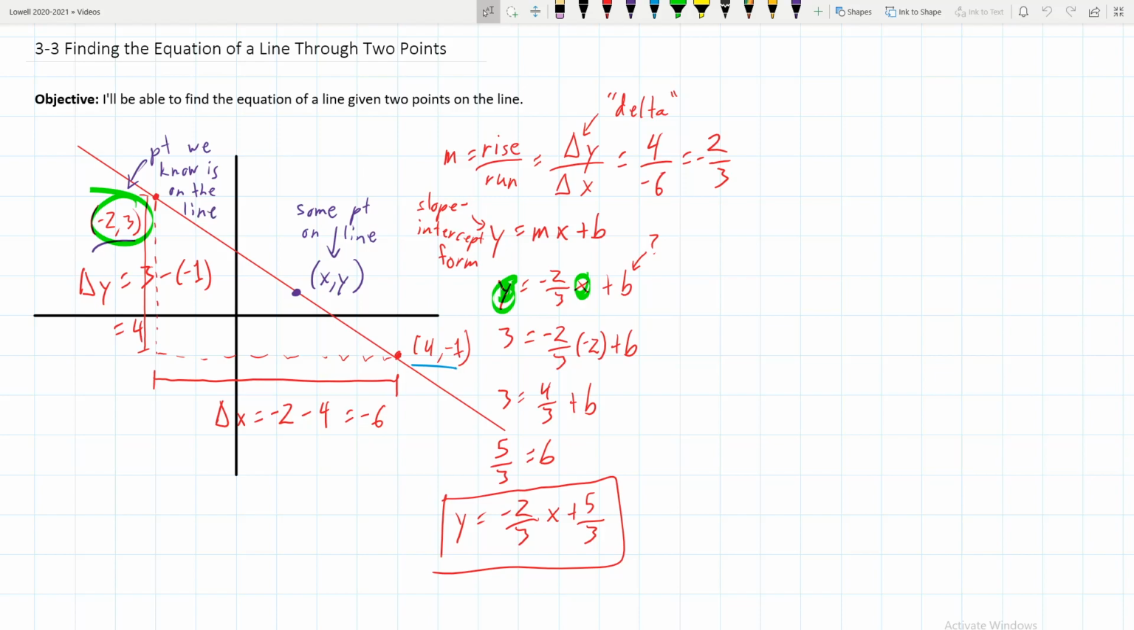Okay, and let's suppose I didn't know where x, y was. But let's pretend that we know the slope, because it's the same line. So as long as it's the same line, the slope between negative 2, 3 and 4, negative 1 should be the same slope as from negative 2, 3 to this random x, y. So I'm going to draw a line here, mark it off. The slope, which is negative 2/3,